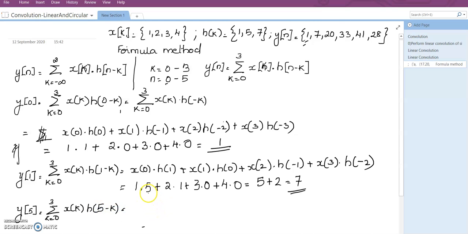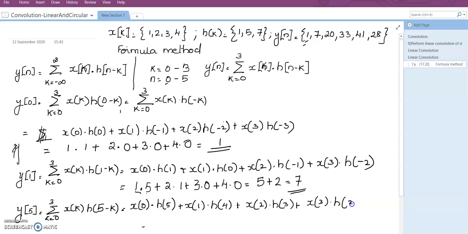So it will become x of 0 dot h of 5 plus x of 1 dot h of 4 plus x of 2 dot h of 3 plus x of 3